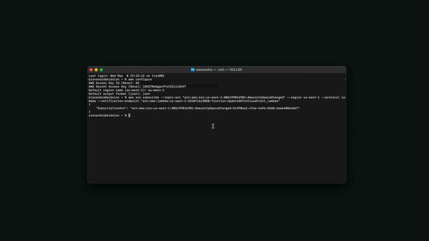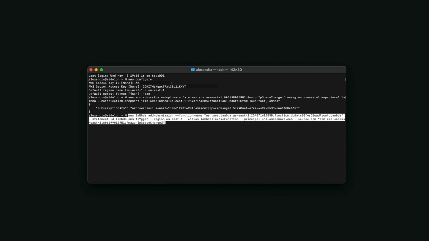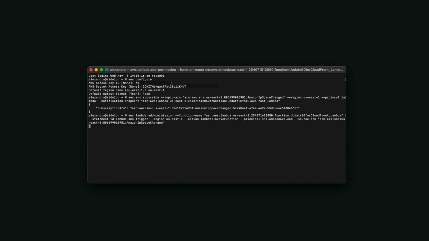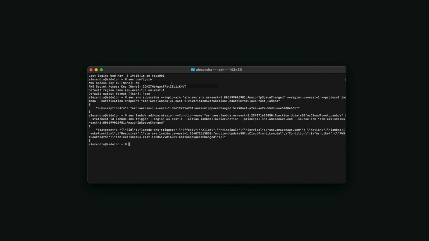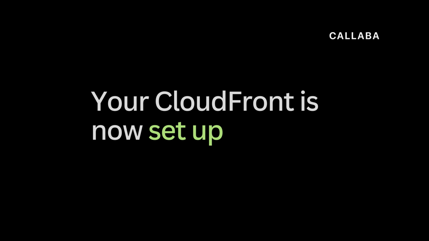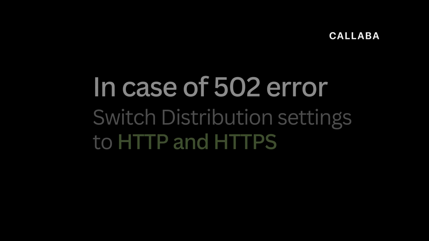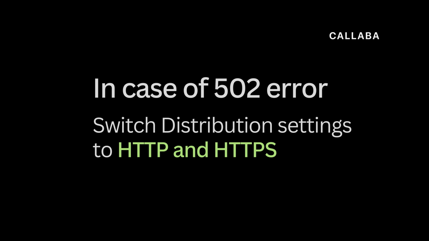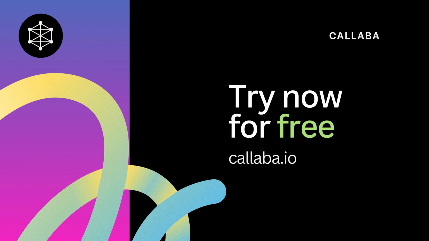The last command. Now we are going to give the AWS notification service permissions to call the Lambda function. In the provided command, place your ARN in the designated place and execute the command. This concludes part 1 of the CloudFront tutorial. Your CloudFront is now set up for streaming via its domain. If you encounter a 502 error, switch the CloudFront distribution settings to HTTP and HTTPS. In the next part, we'll discuss how to link your own